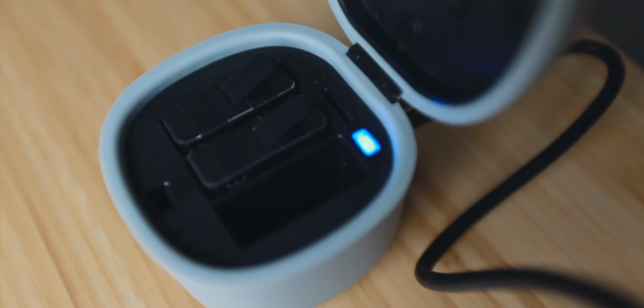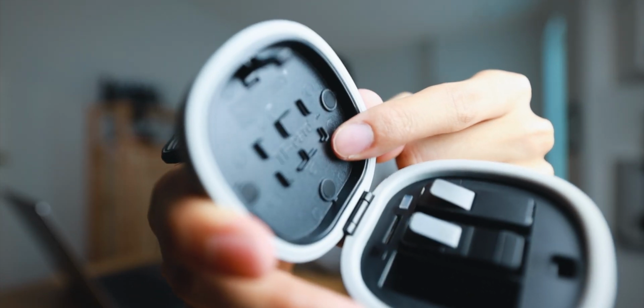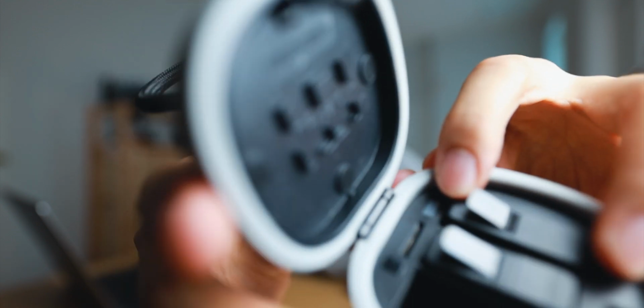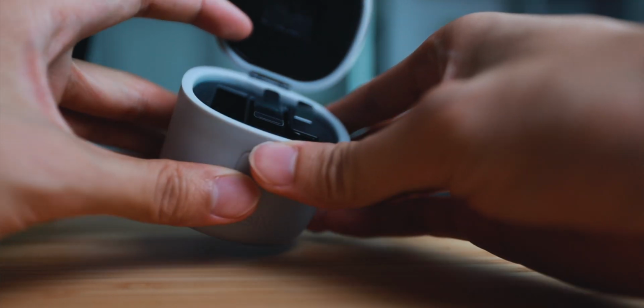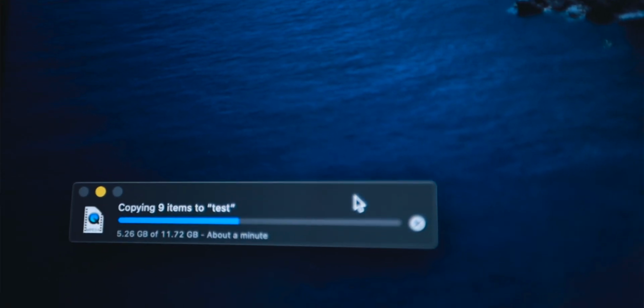There's also another light indicator inside the charging pod for the micro SD card, and that one is a lot brighter. Speaking of micro SD cards, on the top over here, there are 2 extra slots for your extra micro SD cards. And behind the 3 battery charging slots, there's a micro SD card reader. So if I don't have a dongle that could read micro SD cards, I can just use this charging pod to transfer my files. And with USB 3.0, the transfer speed actually goes up to 90 megabytes per second. I had about 12 gig of GoPro footage, and it took about 2 minutes to transfer from this charging pod